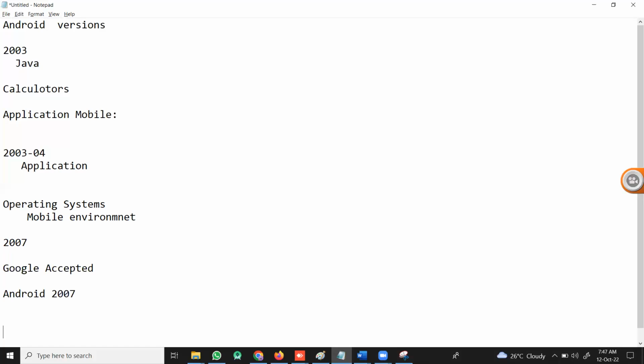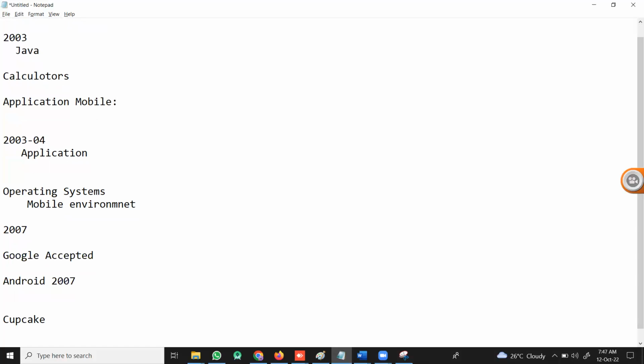The Android names start with the alphabets A, B, C like that. The A and B versions are very basic and not up to the mark. From C onwards it is in better shape. The first one is Cupcake,